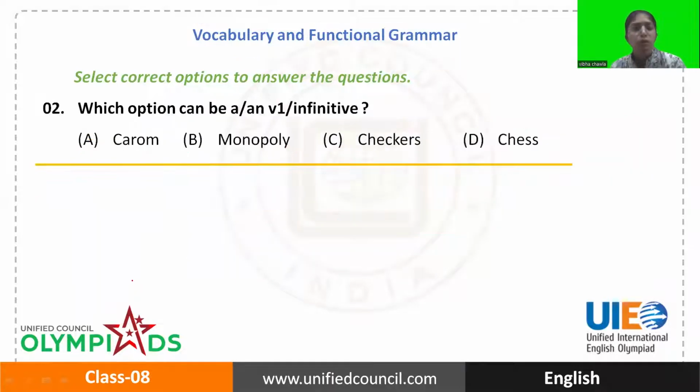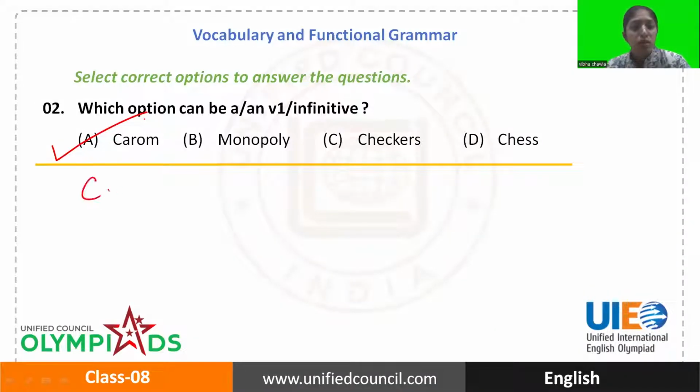Thereafter, we have question number 2. Which option can be a V1 or an infinitive? So we are given 4 options. We need to tell which one can be a V1, that is first form of verb, base form of verb. Carom, monopoly, checkers, chess. These all are names of games, but one of them can be a verb also. That is